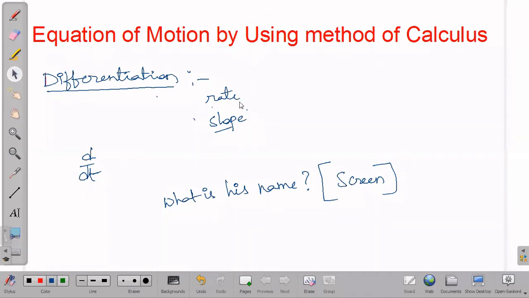So I am asking about a particular thing, the person who is there on screen. That is the question. I am applying the question to the person who is there on the screen. So his name is Vivaswat. So Vivaswat is there on screen, right?